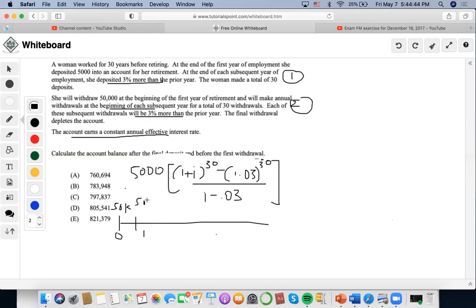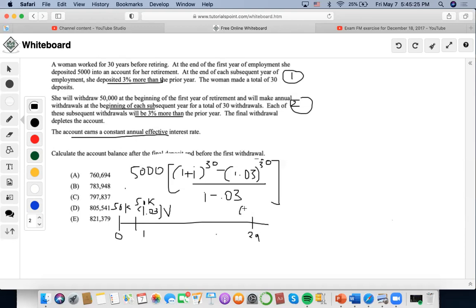So again, this is multiplied by the effective rate of 3%. And then another thing here is that we aren't withdrawing payments for retirement, which means that withdrawing is a present value concept. So we're going to discount these payments, right? So it's going to go on until we get our 30th payment at time 29,